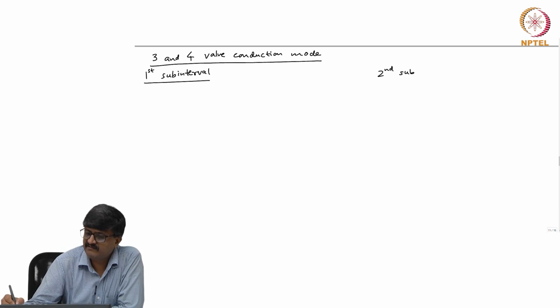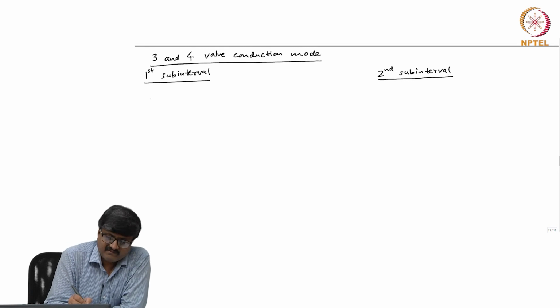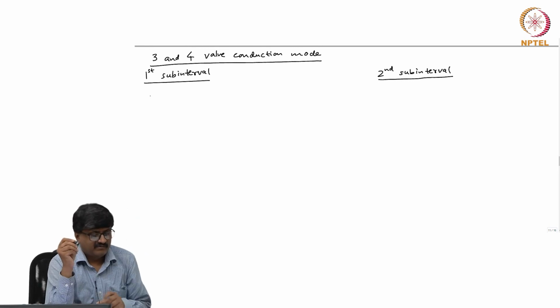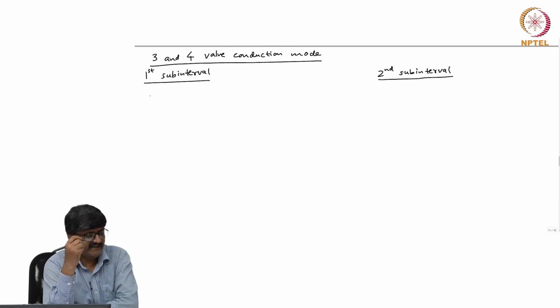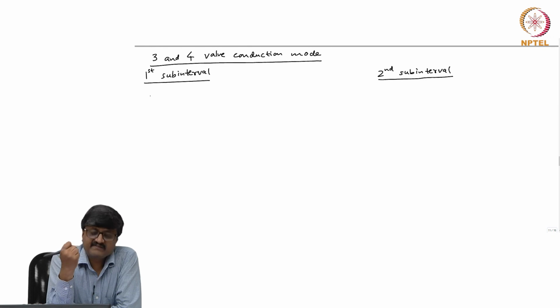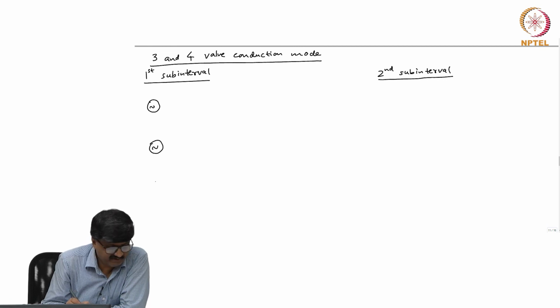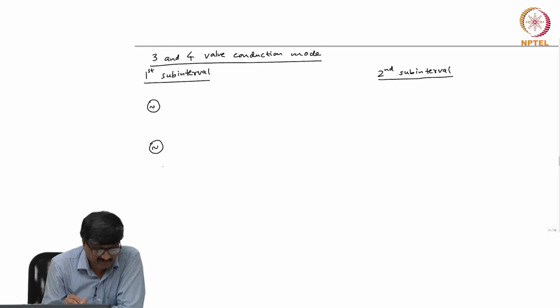So, we can see what are the equivalent circuits in the first and second subinterval. So, let us draw the equivalent circuit in the first and second subintervals by just showing those elements which conduct non-zero current. So, in the first subinterval, valves 6, 1, 2 are already conducting. So, 3 is turned on at the beginning of the first subinterval. So, there are 4 valves conducting in the first subinterval, that is 6, 1, 2 and 3. So, the circuit is having all the elements in the original circuit except for the valves 4 and 5.